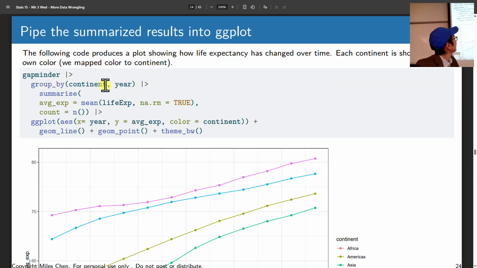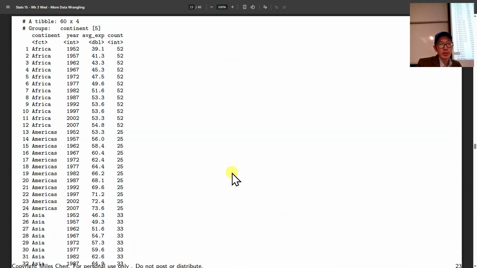So we're grouping by continent and year. I'm calculating the average for each continent and year, and then I'm coloring it by the continent and graphing it right here. As far as the counts go, I'm not using that directly, but it's a diagnostic thing that tells you how many values were used. It averaged 52 values to get this average. I took 52 numbers and averaged them together to get this number. I took 25 numbers and averaged them together to get this number. Okay, and so, if I actually